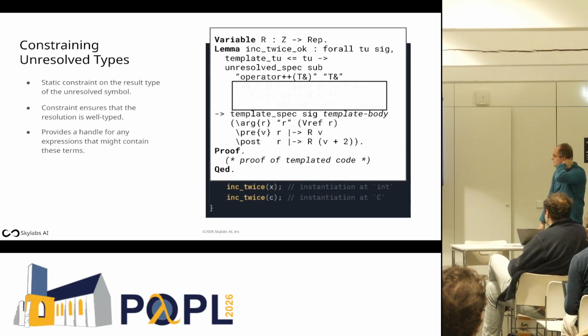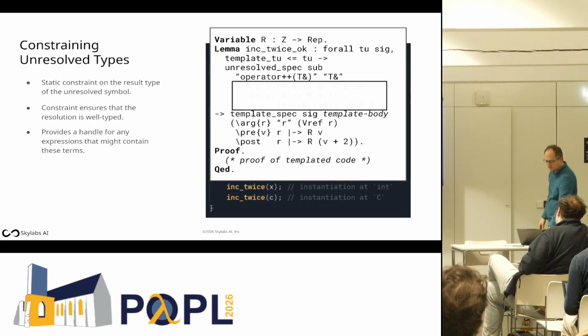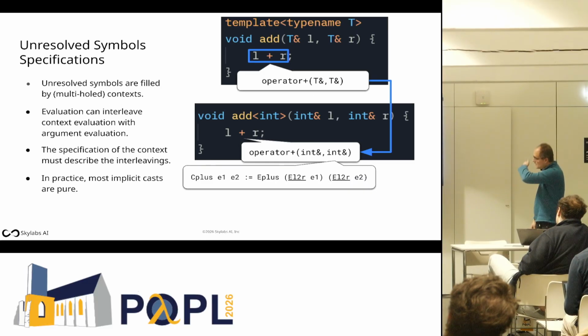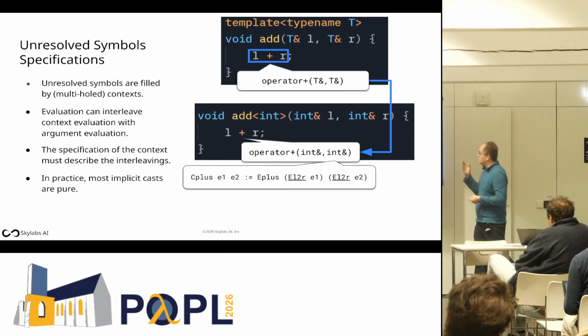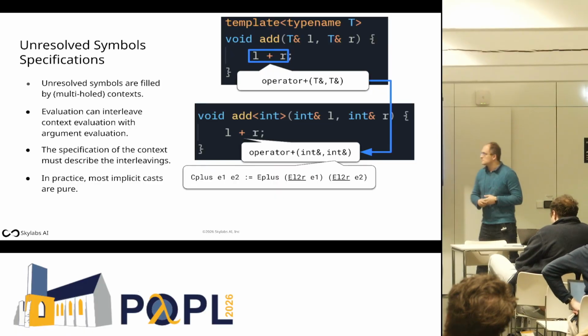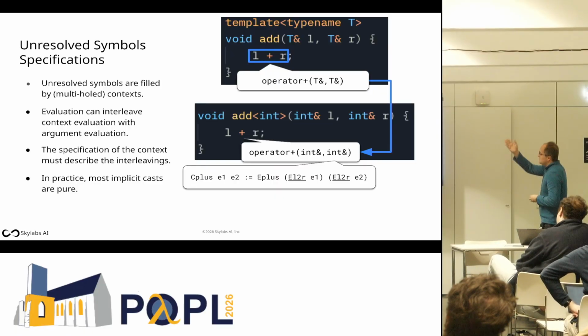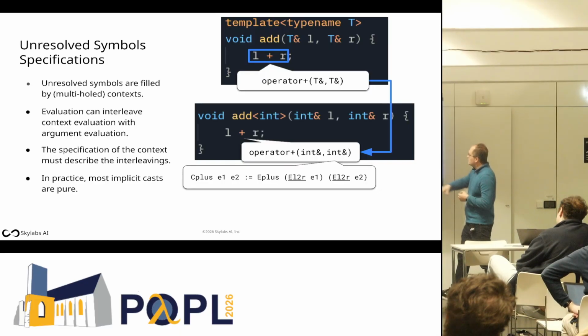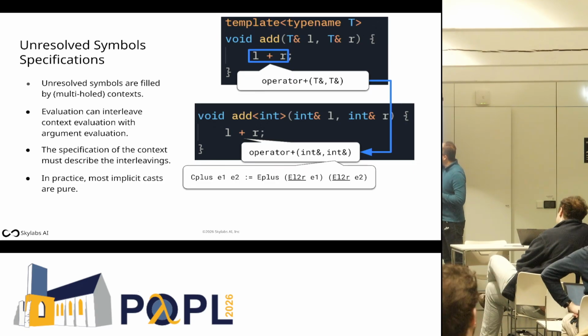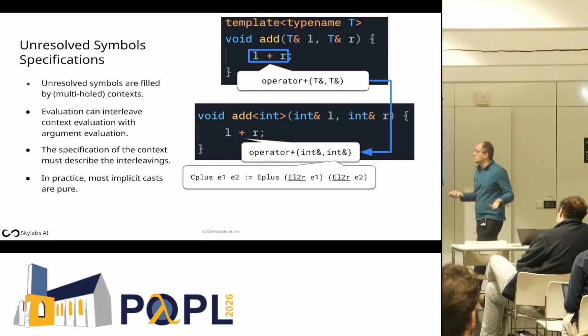Okay, so now we're going to focus on this box, which is really about the functional verification portion of this. And to highlight the kind of subtlety here, we're going to look at a slightly different example. Operator plus, which now takes two arguments. So here, t ampersand and t ampersand are my arguments. And so we look here at add, operator plus, taking two int ampersands. This operator doesn't actually exist in C++,